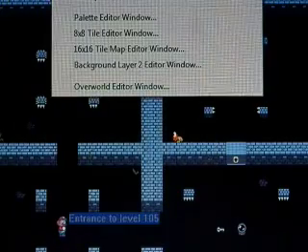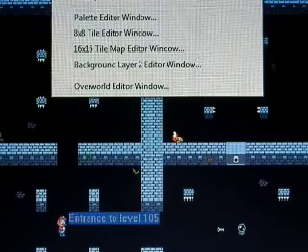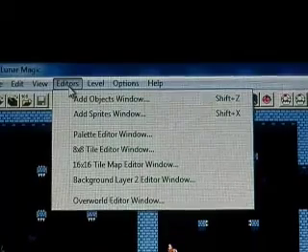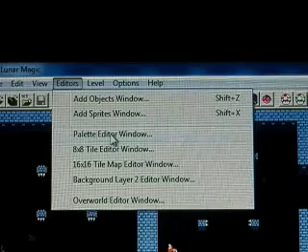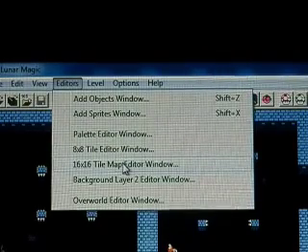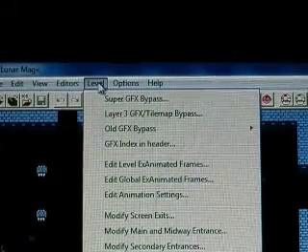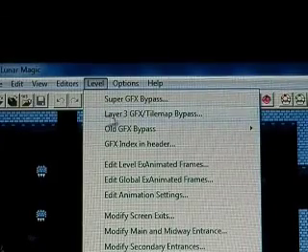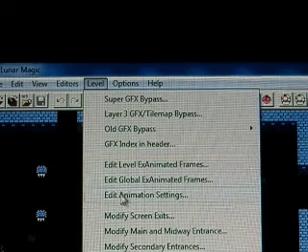So let's see here. Again, some of these options in the file menu here, they are also buttons too. There's add objects, add sprites, palette. There's an 8x8 editor. There's a 16 by 16 editor. Then there's all kinds of very special stuff. Super graphics bypass, it's extra graphics. Then there's the layer 3 stuff. Animation things,